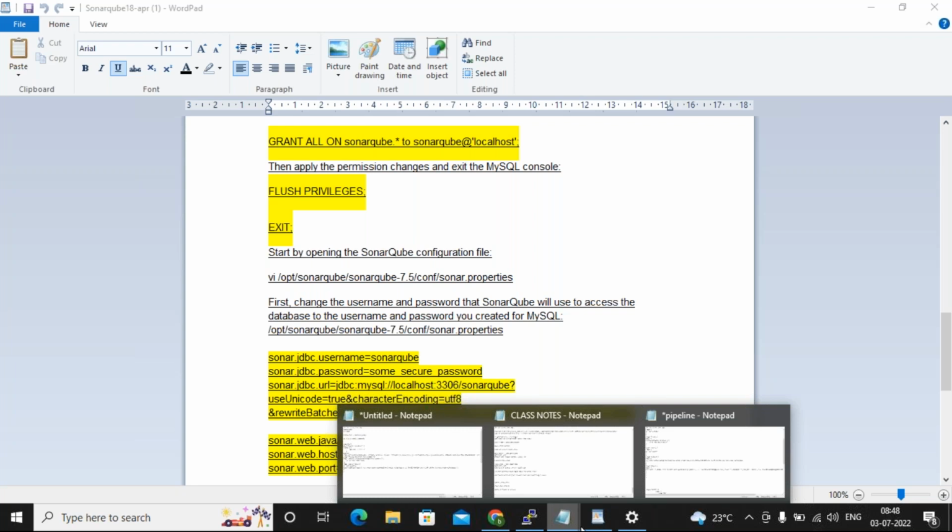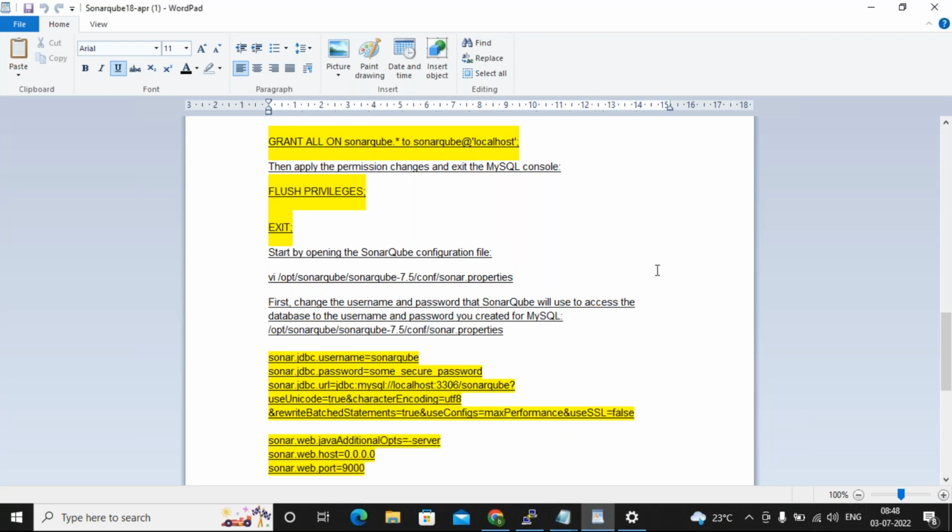So guys, for user, there are three types of variables. Local variable means a particular job level variable. We select the parameterized job and configure the variable, so that is job level. Second, global variable means entire Jenkins. Third, agent level variable. These three are user variables, guys, and a user has to define them.